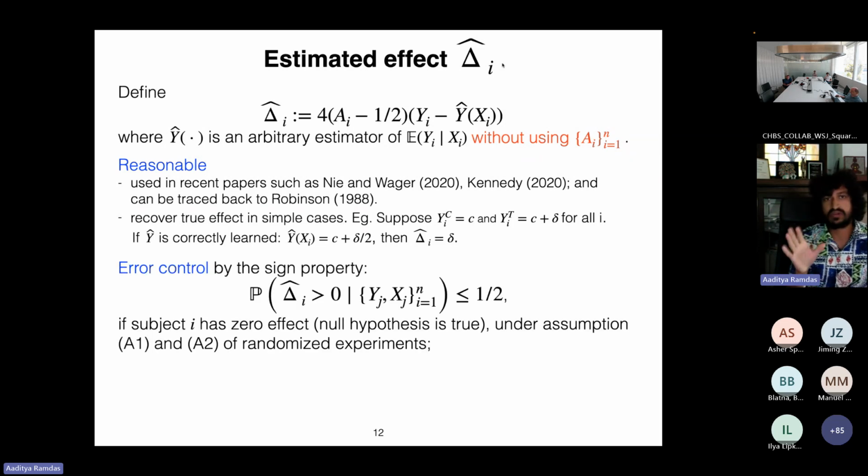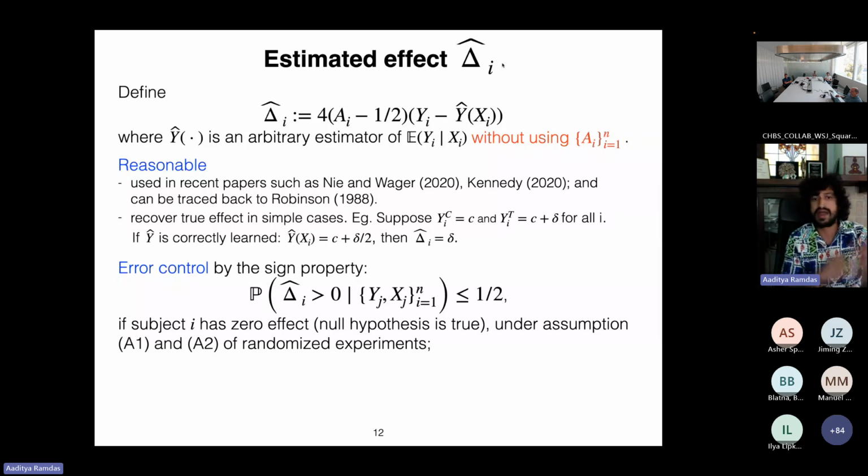But what we're really going to need for error control is that, it's not so hard to see, under the null, if the null is actually true, then the probability that delta hat I is positive, given all of the covariates and outcomes, is at most a half. So this delta hat I has this sign flip property. Those who are familiar with knockoffs or masking or adapt will already notice the sign flip property.